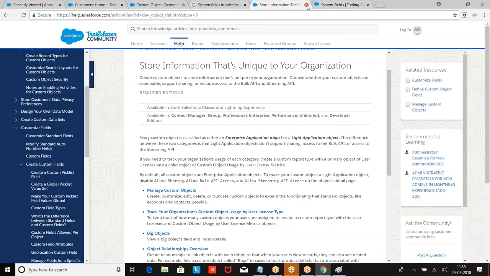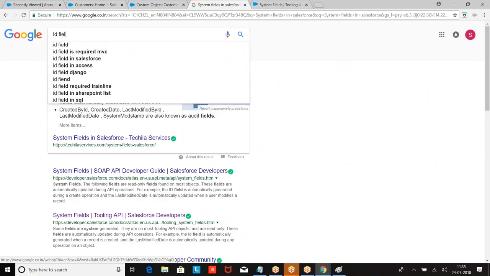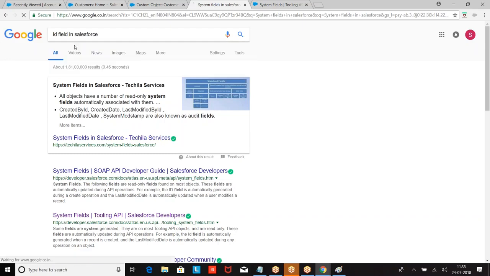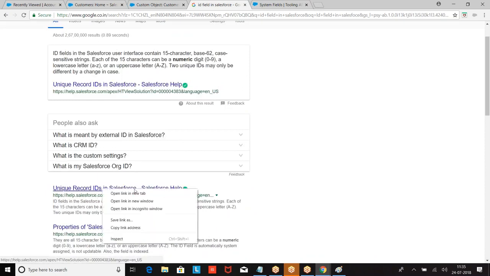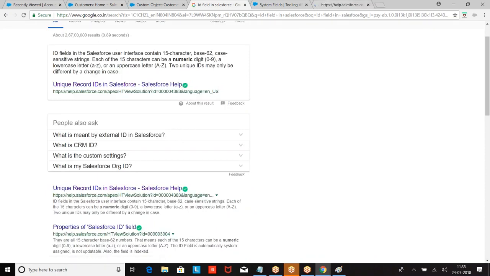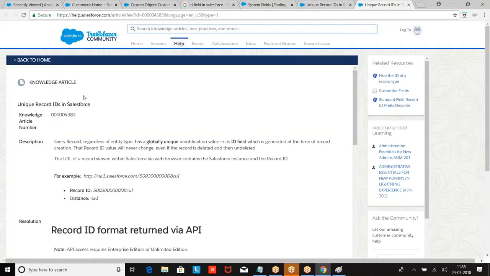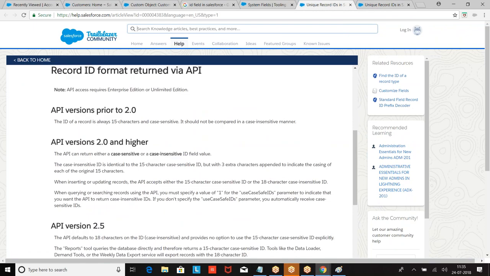Every record we create in Salesforce has an 18 character unique ID. Look at this. So what is the ID we are getting here? An 18 character unique ID, which is case insensitive.